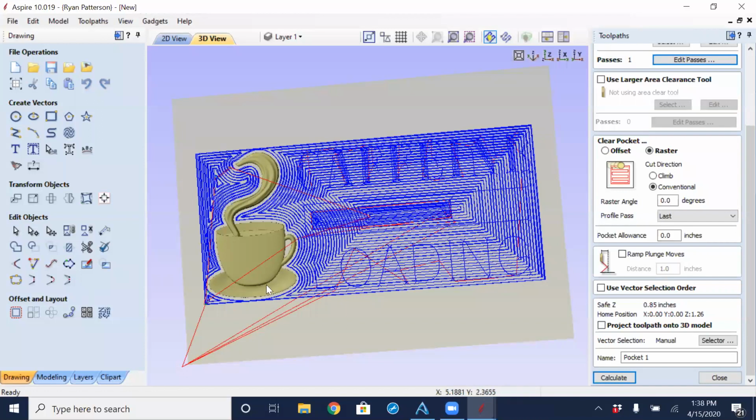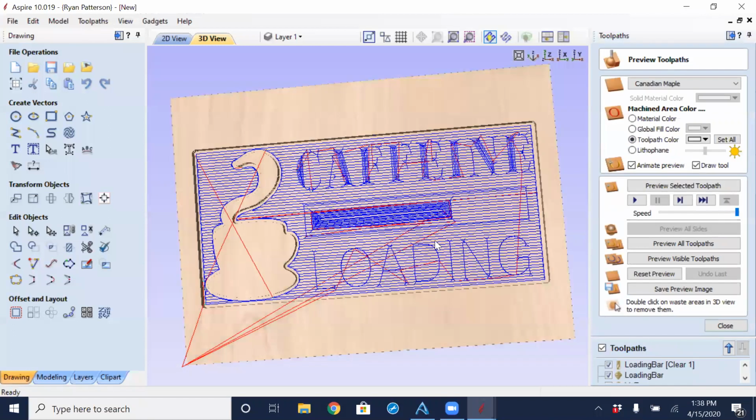And I want it all flowing in the correct and same direction. So a little easier sanding, it may show up less in the material by going in the one direction. It may take a little longer to cut, especially as it comes over here, because it's going to kind of bounce back and forth around here rather than spiraling its way around. But I'm going to sacrifice a little bit of time for a little less sanding later on and a little cleaner product. So having that to our raster, I'm going to select calculate,